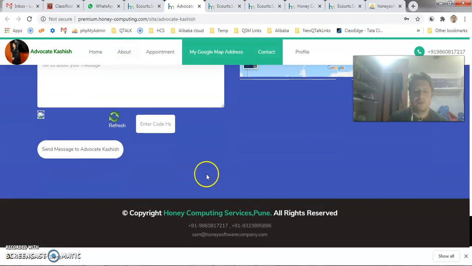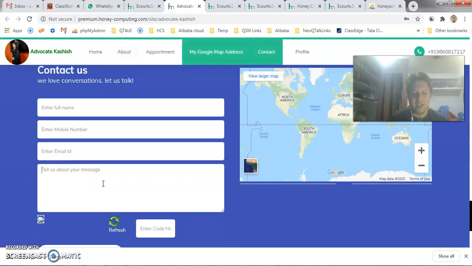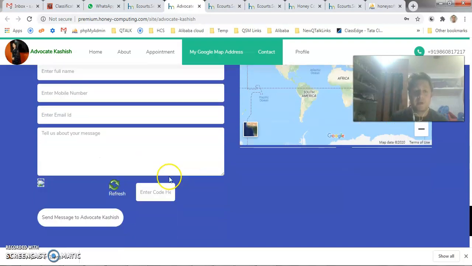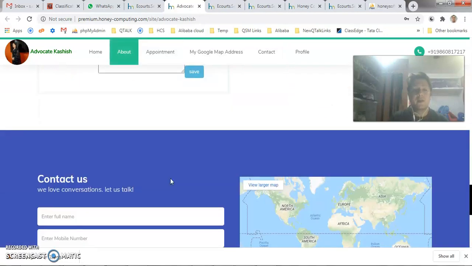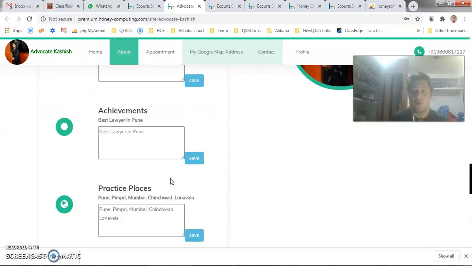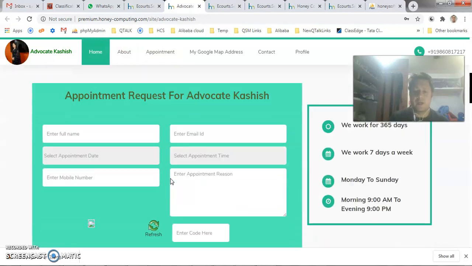So this is all, and anybody can send you the mail with whatever detail he has a question about, and you can respond if you wish. So these kinds of messages will be sent to your mobile and your email ID. It is not coming to us. So it's very important that people can find you and they can try to contact you, and then you can decide whether you want to respond to them or you want to ignore them. So it is a completely professional and hidden thing.